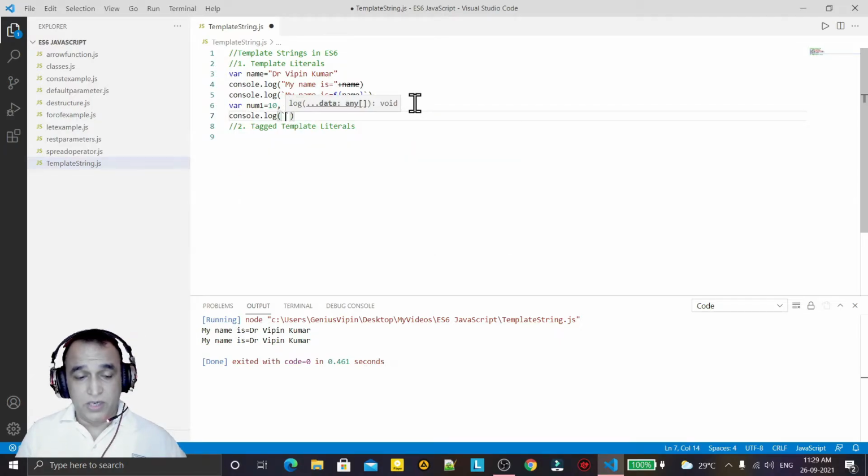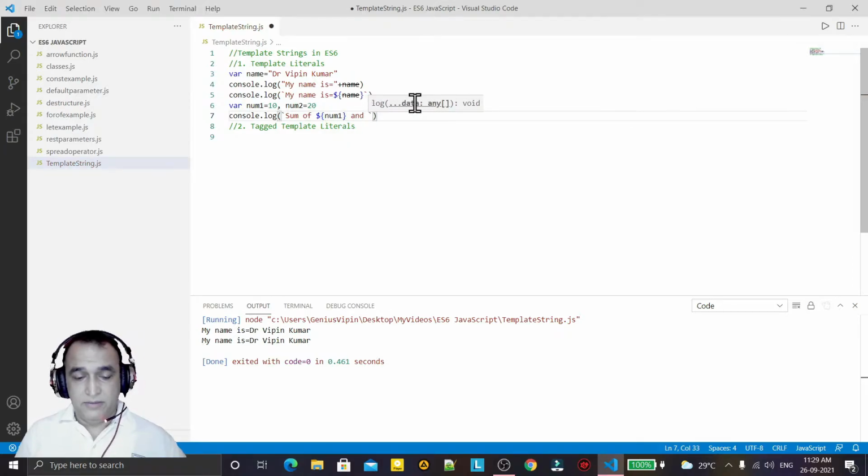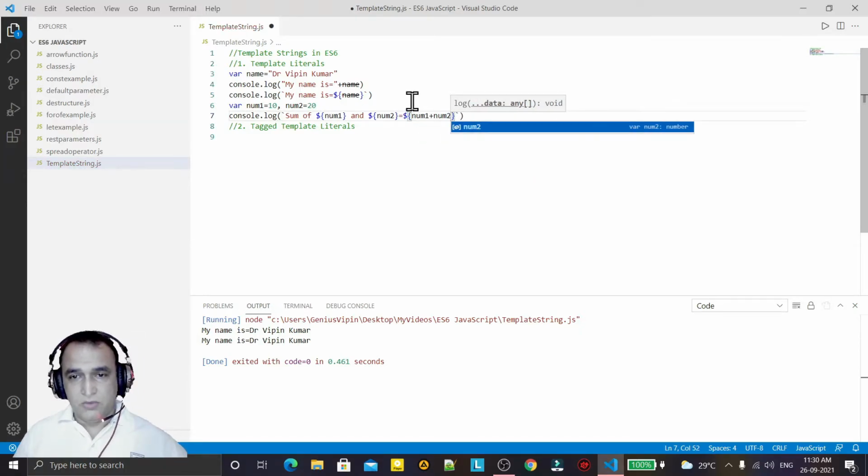So I can do tilde operator and I can say sum of num1, and in place of num1 I can also replace like this, sum of this num1 and then dollar curly brackets num2, then equal to, then we have again dollar and I say num1 plus num2. You see how simple it is.